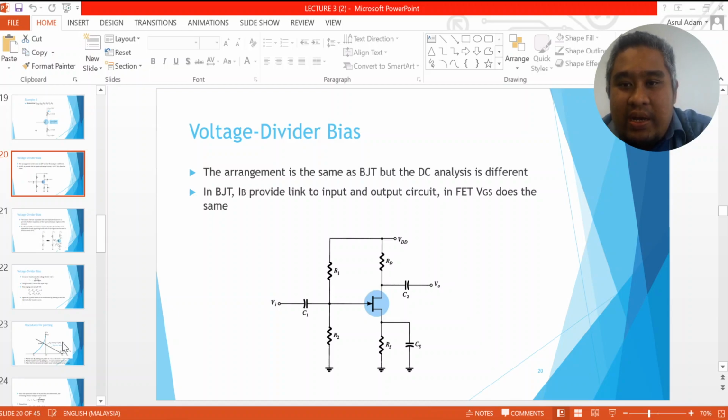So when we apply this to the voltage divider circuit, when IG, the current through the gate, equals 0, it means